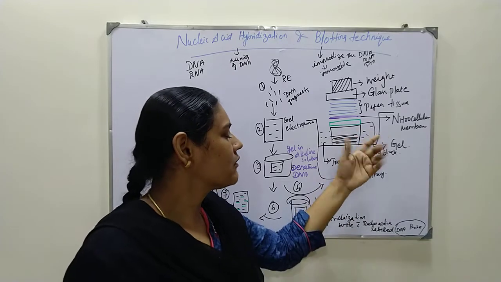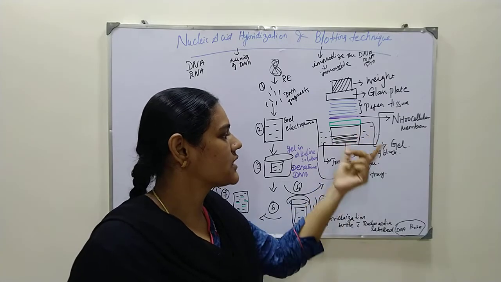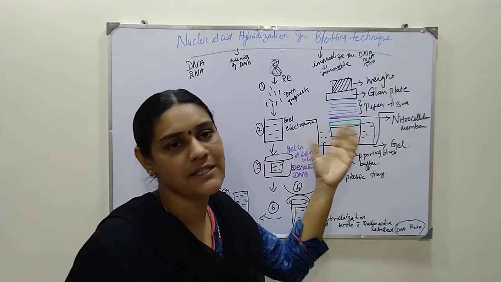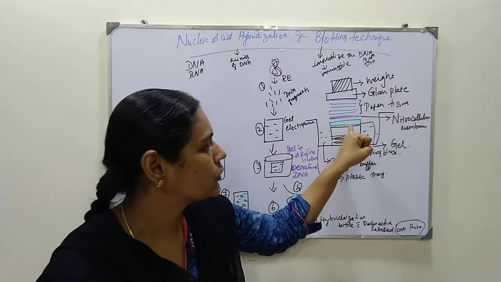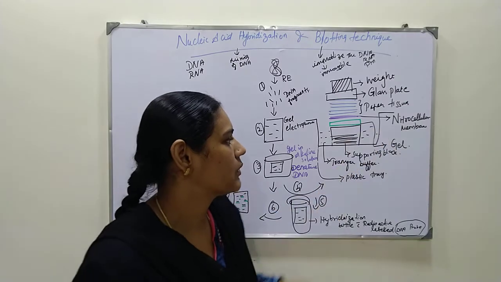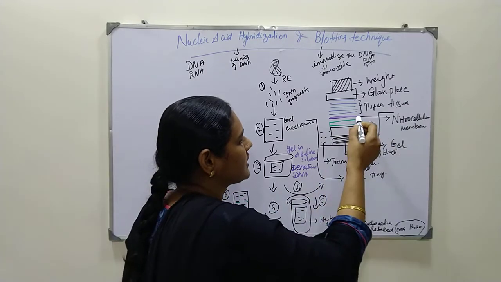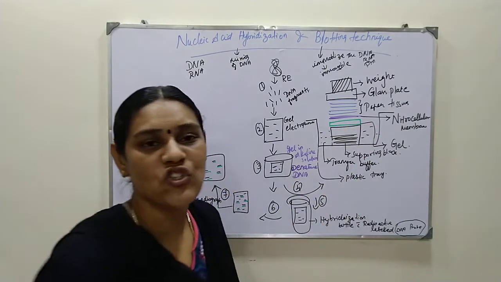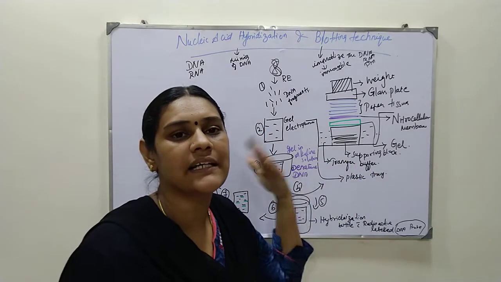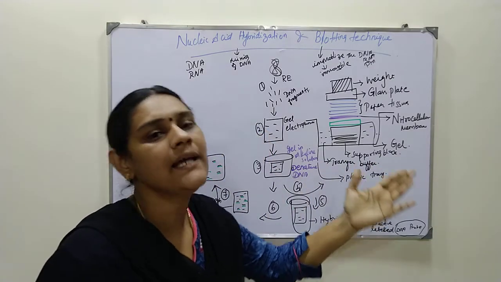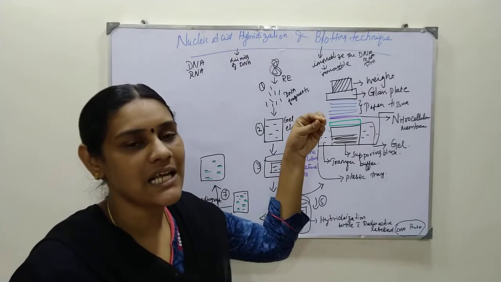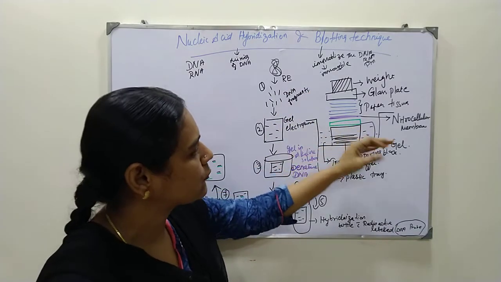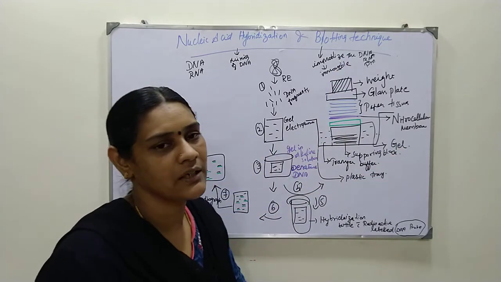This buffer contains a support, the supporting block, which is a solid support somewhat square in shape, on which we are going to place our gel. This green item is the gel. This gel has undergone the agarose gel electrophoresis process with DNA. So that gel is taken and we keep it on the supporting block of this blotting apparatus.